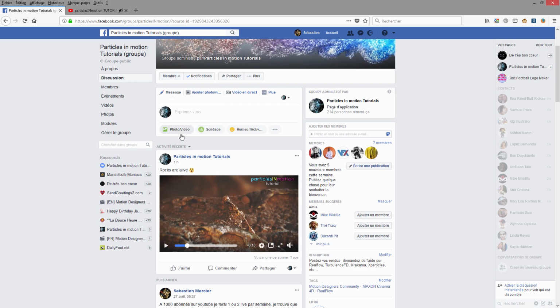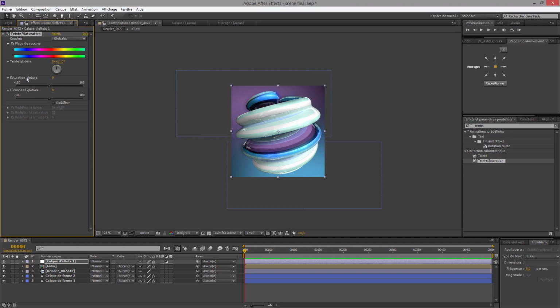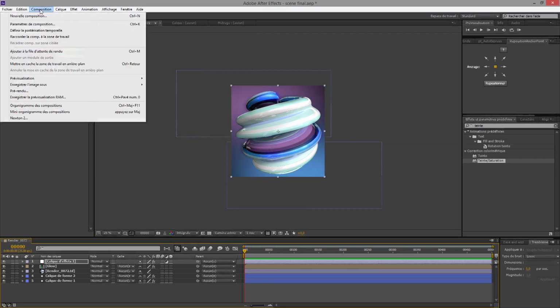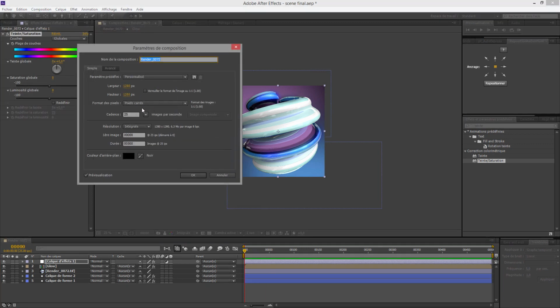Go back to After Effects and we just animate this value. So go to the first keyframe here. I will just go to comp parameters and I will make a 5 second animation. So it's maybe 125, something like that.